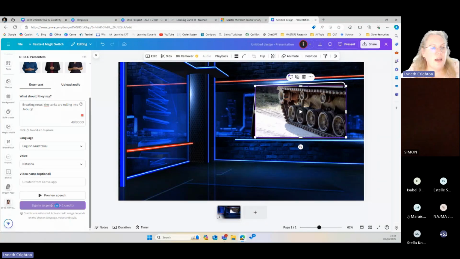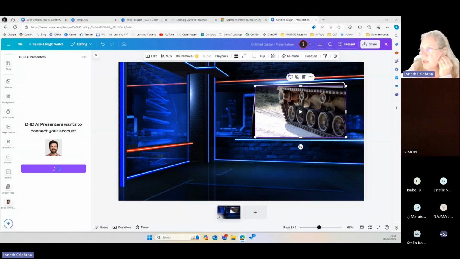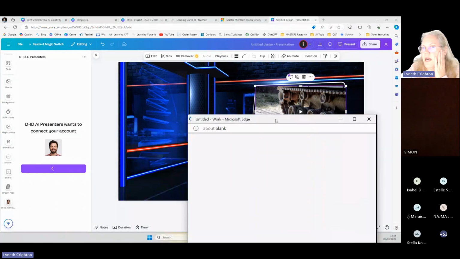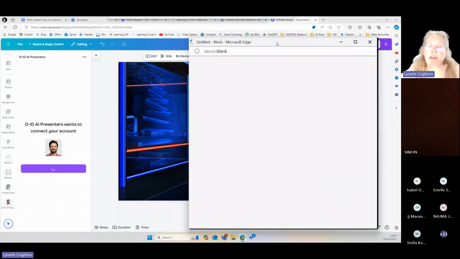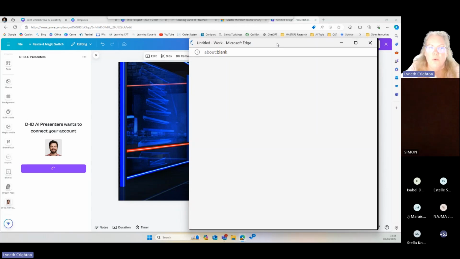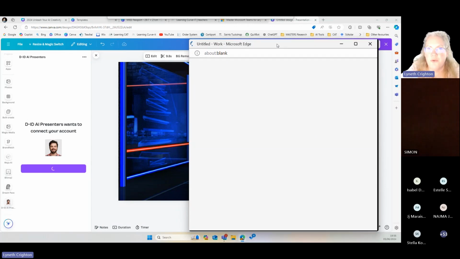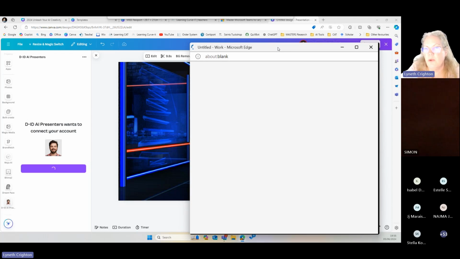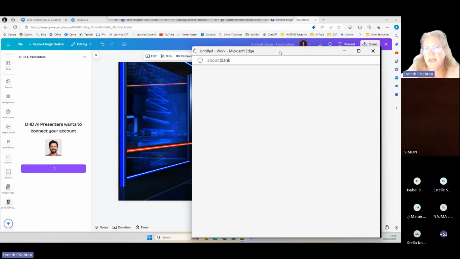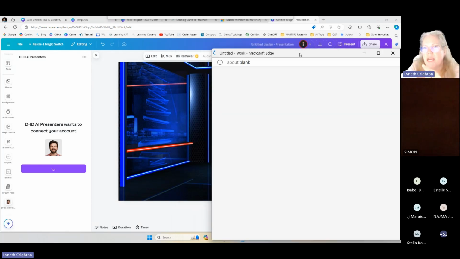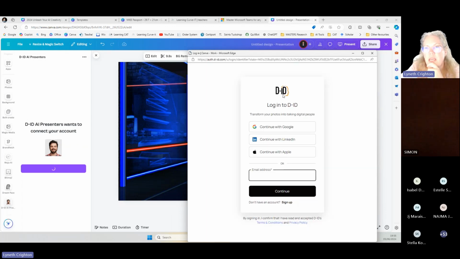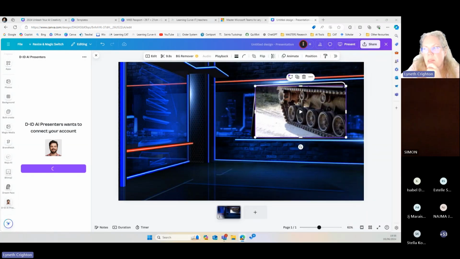So if I have to sign into DID, it's signing me in. I do have a paid-for account with more credits, but you get 30 credits for free. And when our girls did it, they were in groups of 3 or 4. So they had plenty of credits between them because they could share the design and all work on it together, and they could use them to create the person.